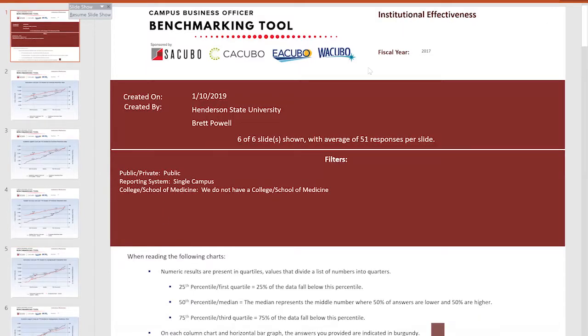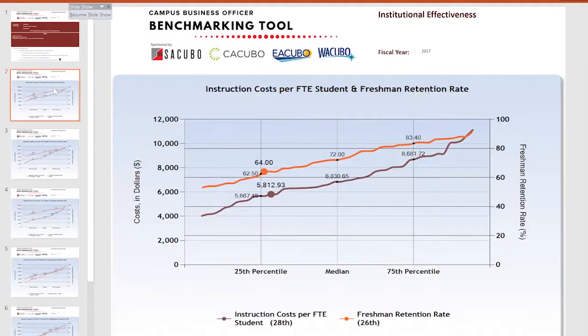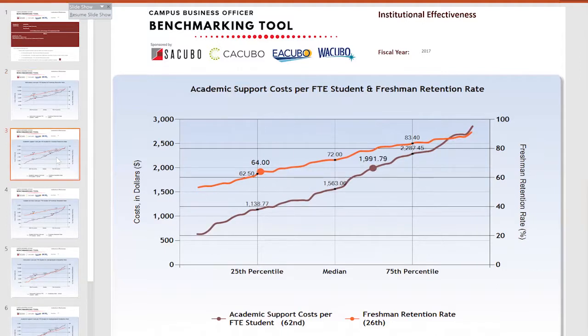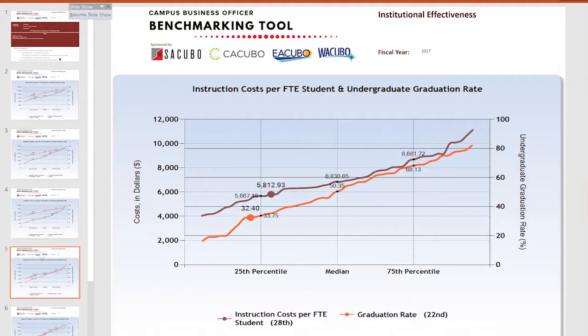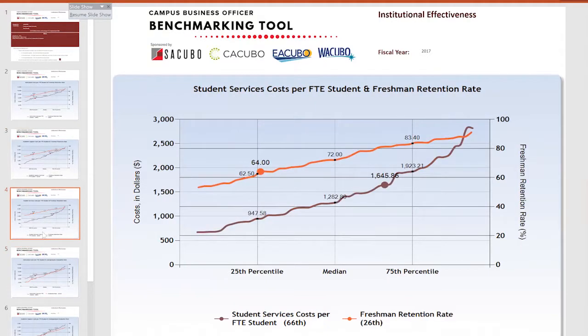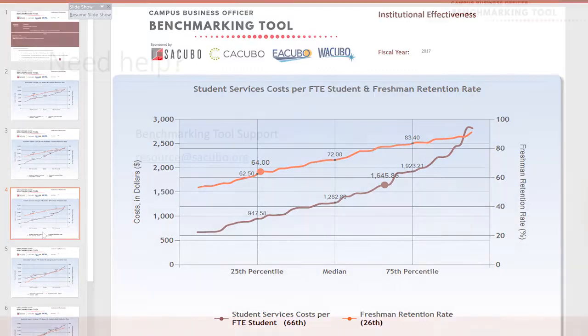So this is the institutional effectiveness report set, and these should look familiar. So this one is the retention rate compared to instruction cost, graduation rate compared to instruction cost, and so on. So it also gives what spending is on student services and institutional support. So those are the three areas that directly impact students. All right, so that's really, I think, got to all the details that I wanted to touch